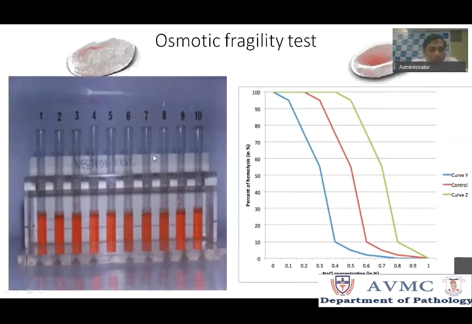This test is very simple. The spherocytes are already in a very tense state, right? They don't have any space to occupy more volume. So when you drop this particular RBC in a salt solution, the water from outside will enter the RBC and the RBC will burst. This is the basic principle behind the osmotic fragility test. You grade this and you draw the curve. In osmotic fragility, there will be a shift of the curve towards the right, which means these RBCs are very fragile and they can rupture easily.